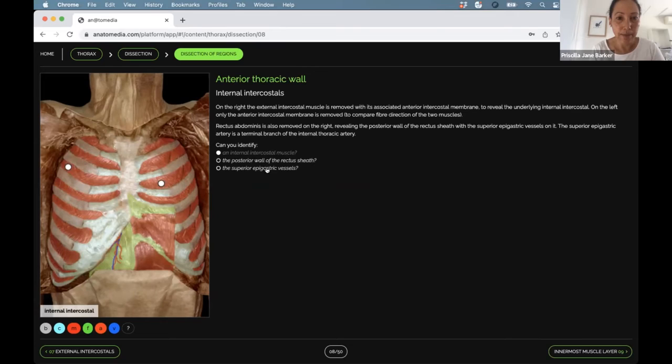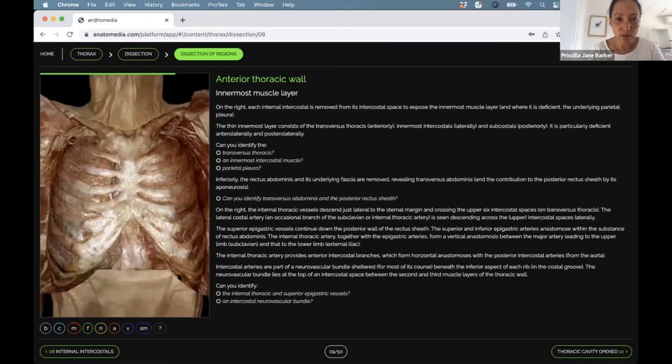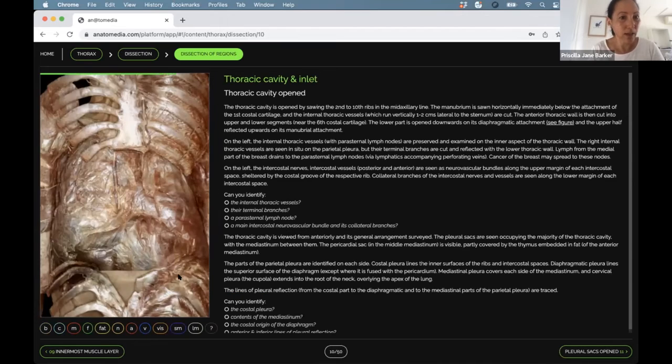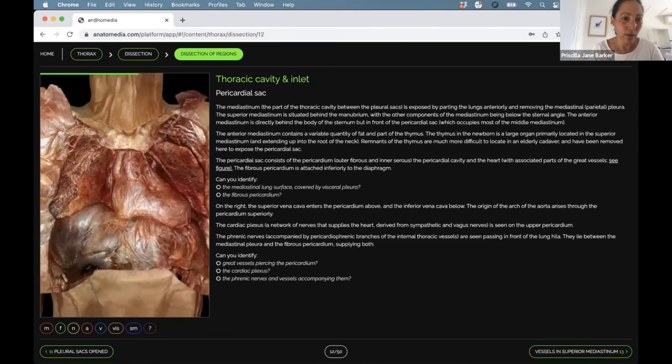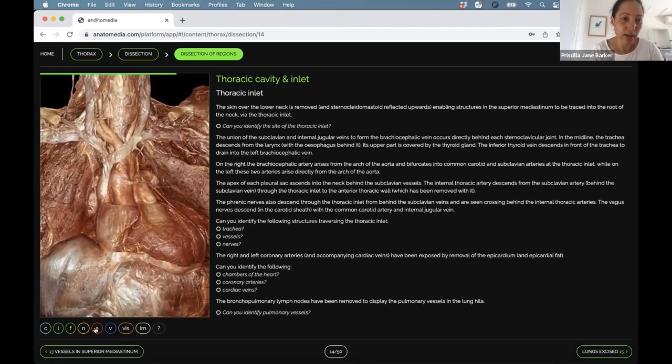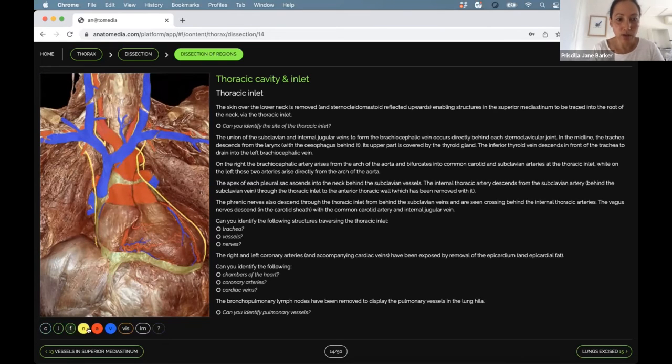And then there's some blood vessels we can see down there, the superior epigastric vessels. So that's really good. And you can see it goes right through. So we take off the thoracic wall and go right down to see the heart in close up. And it's really fantastic to be able to see important structures like the coronary arteries and major vessels, nerves surrounding the heart. But if we wanted to test ourselves a bit more,